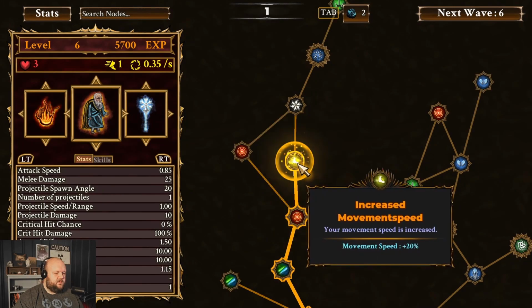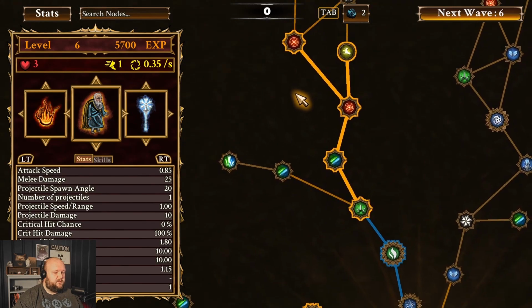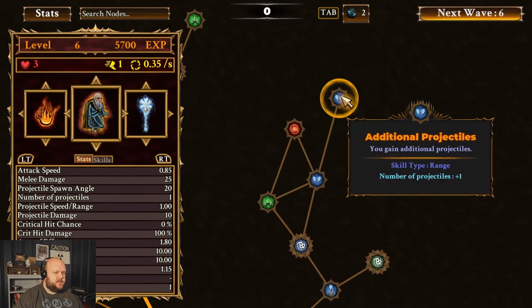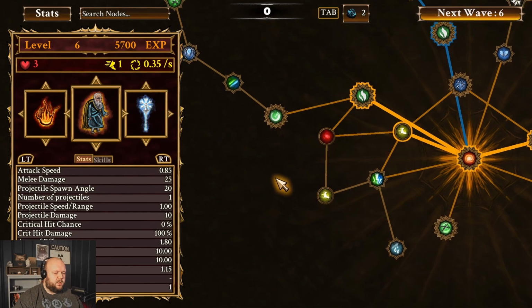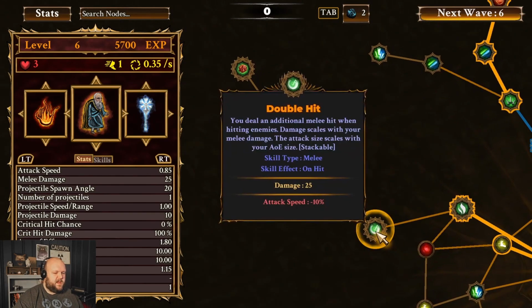Okay, increased area of effect, increased movement speed, and increased area of effect. That is perfect. That is exactly what we want. If we see any projectile damage nodes on the board, we do want to grab them just because they also scale our glaring light ability that Darokhin starts out with. In fact, there's one right here. So we may path up this way,